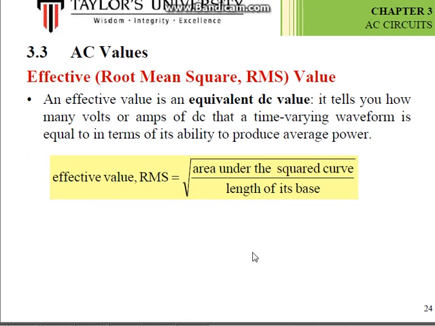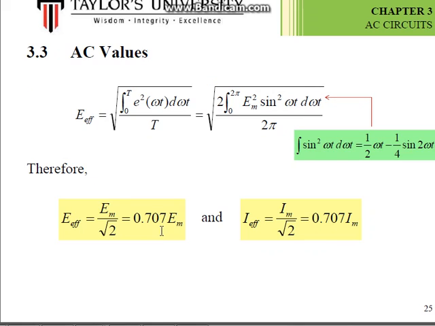Okay, also I think some of us might have heard about this before, the effective value or the RMS value. RMS basically stands for root mean square. So it's actually the equivalent DC value. What it basically means is how many volts or amps, because volts indicate the voltage, amps indicate the current, for a time varying waveform. Usually how we get the RMS, there's a way of